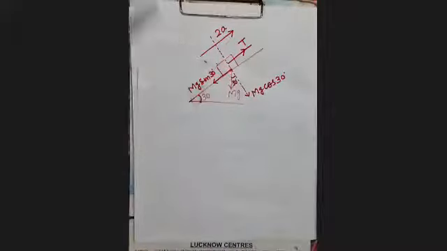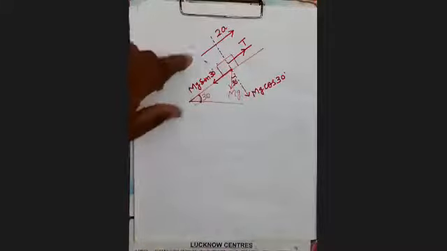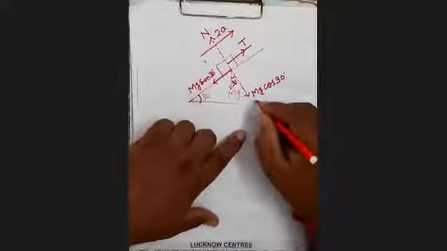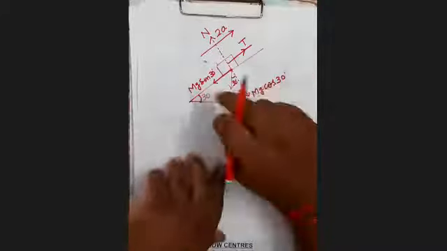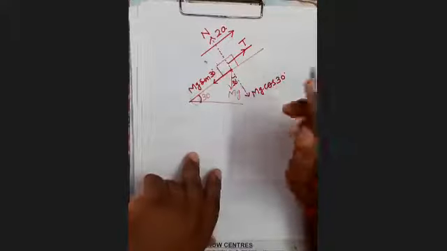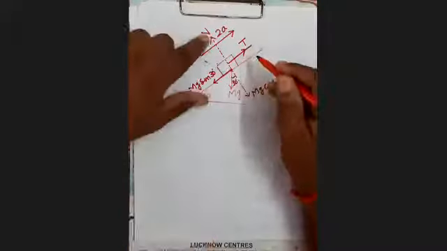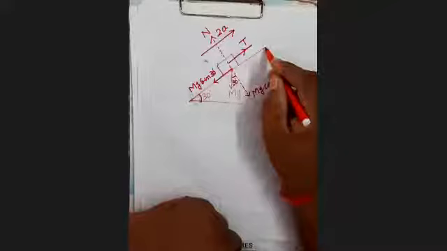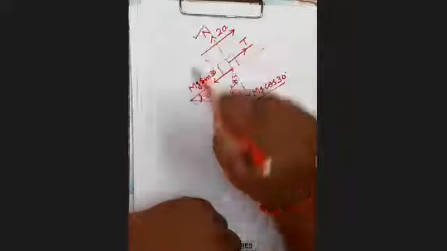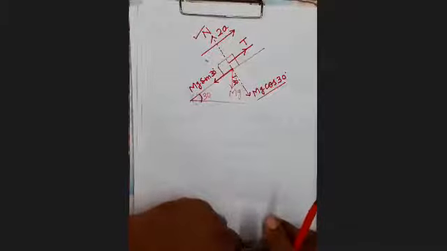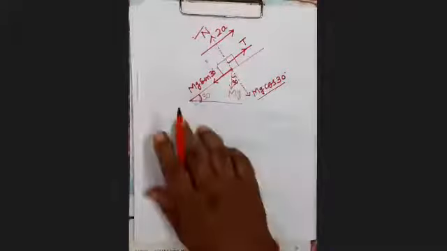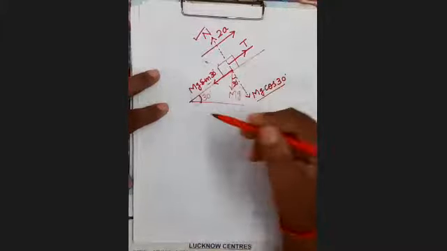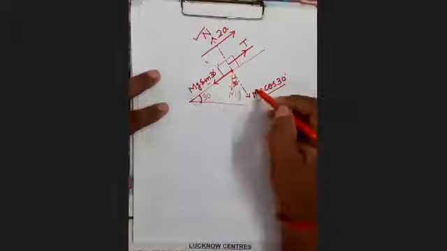So you can see here, of these two forces, one is the normal reaction and the other is mg cos 30. They will not have any effect on this motion. Why? Because the motion is taking place perpendicular to the direction of these forces. Motion is along the inclined plane, and these forces act normal to the inclined plane. Therefore, they don't have any effect on the motion of this body. And here the surface is also smooth. If the surface were rough, then we would have taken it into account.